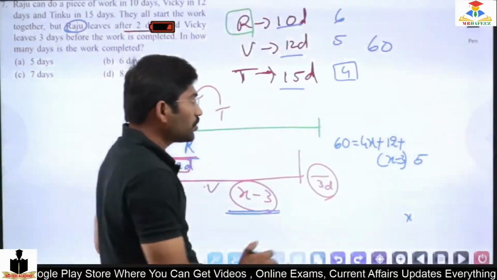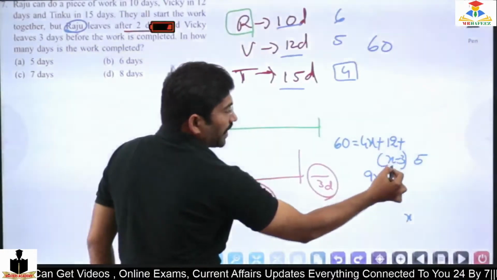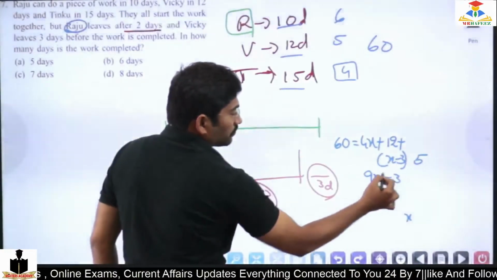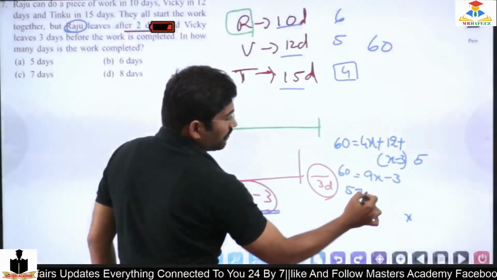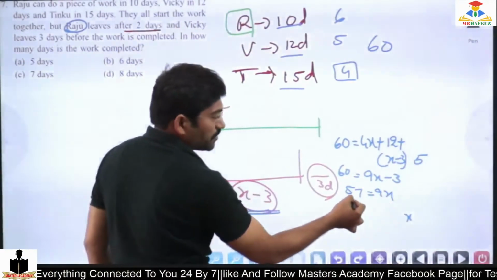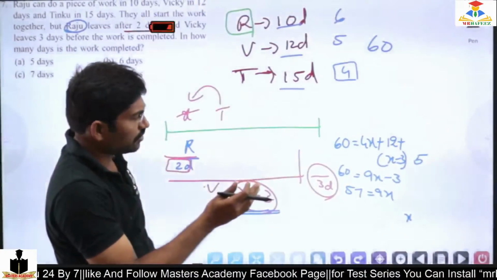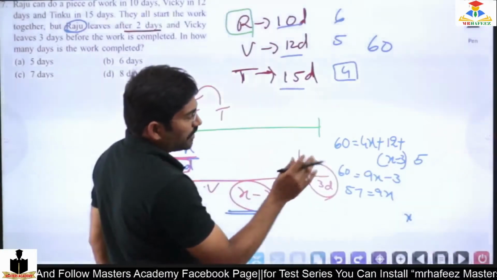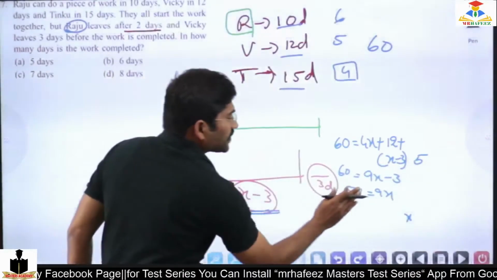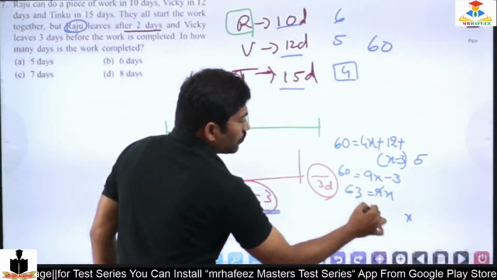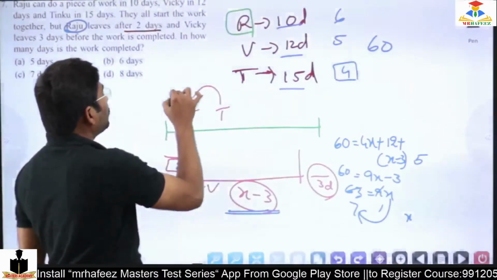Okay, very good. So 4x and 5x is 9x. 12 minus 15 is minus 3 equals 60. 60 minus 3 is 57. 57 equals 9x. 9 how many times is that? Minus 15 minus 3, 5x, 9x, minus 3, yeah, plus 3. It's 63. 63, 9 sevens. So x value is 7.